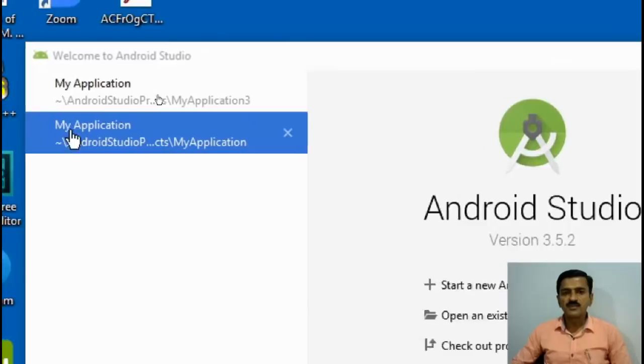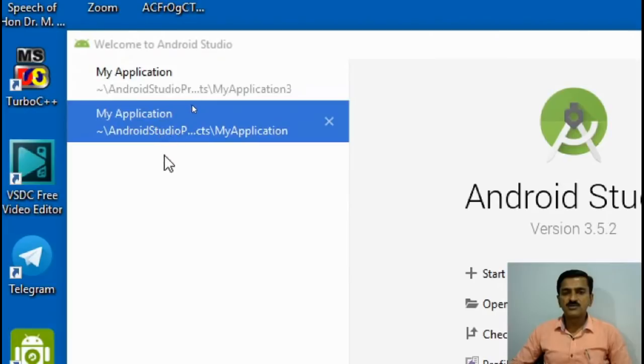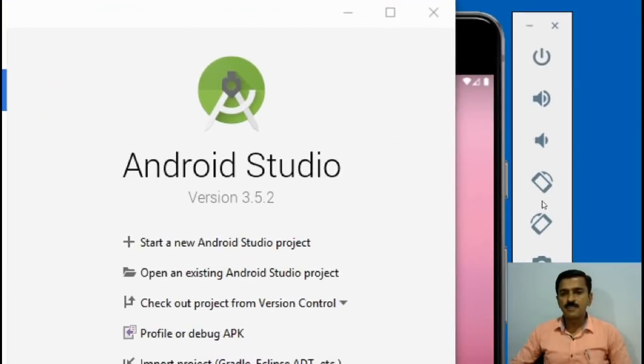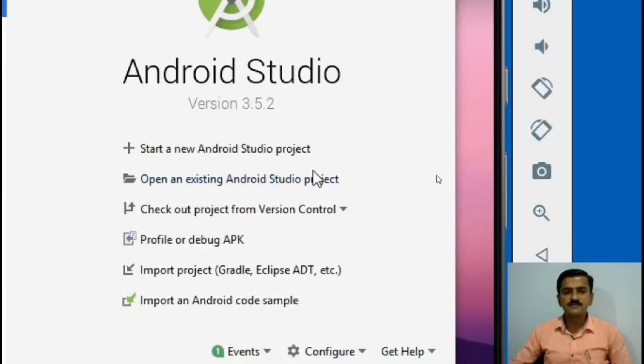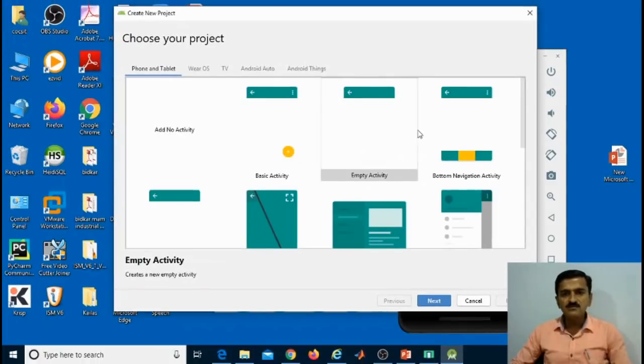On the left-hand side, there are existing applications that you used earlier, and on the right side, we have options: start a new Android Studio project, open an existing Android Studio project, check out project from version control, etc. If you want to create a new project, you have to click on Start a New Android Studio Project. I'm going to click on this. Once I click on this, a window will appear. It asks for the project category.